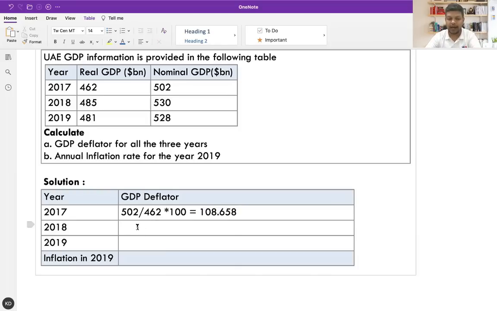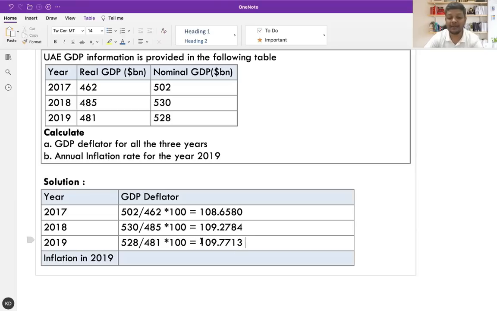How much is that in 2018? I will do 530 divided by 485 into 100. Now the factor is 109.2784. Has the index value increased or decreased? Increased. What does it indicate? If it has increased, that the inflation is increasing. Clear? So in the third year, if I use 528 divided by 481 into 100, I get a value of